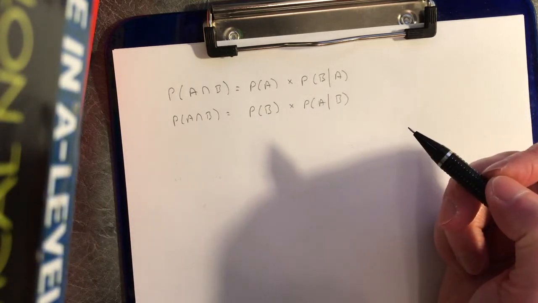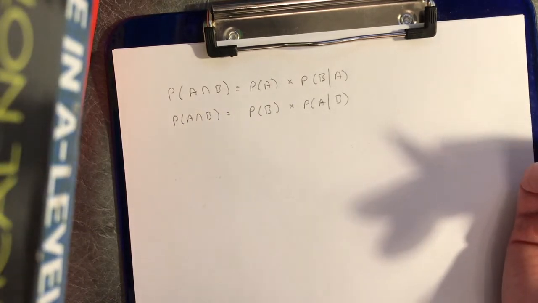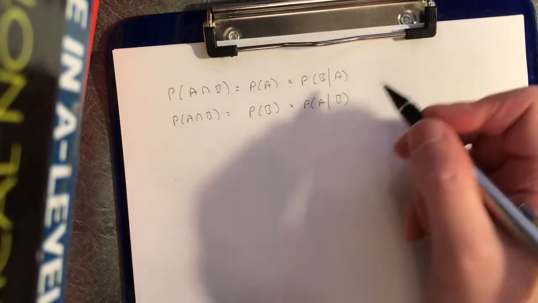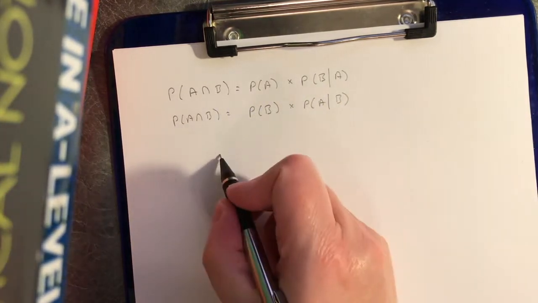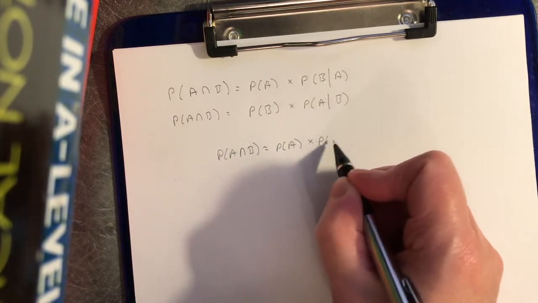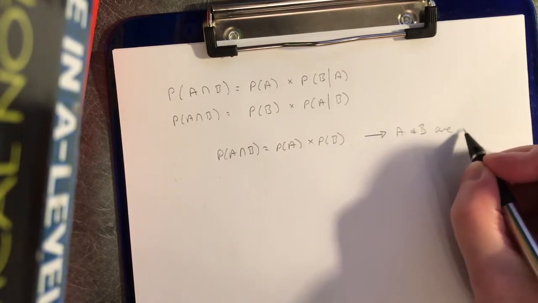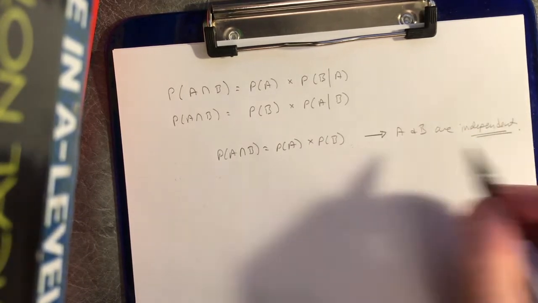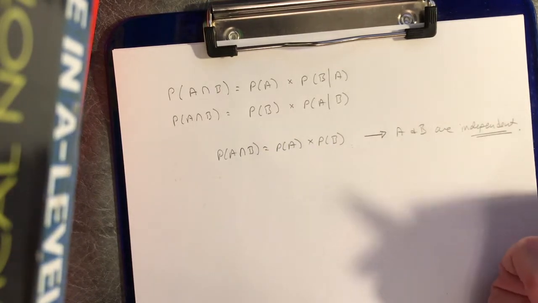So this is how the A-level questions evolve from the GCSE level questions, and you'll see what I mean as we go on. You learn in AS level that when two events are independent, the AND probability is just the probability of the one times the probability of the other, and that's for when A and B are independent. And being independent means that the fact of one of them occurring has no bearing on whether the other one is going to occur,